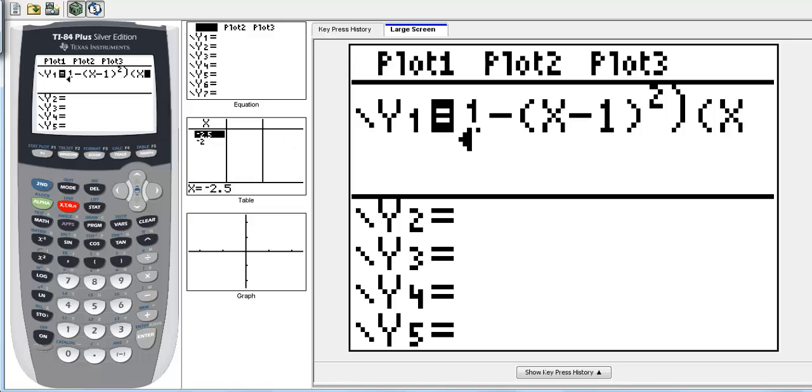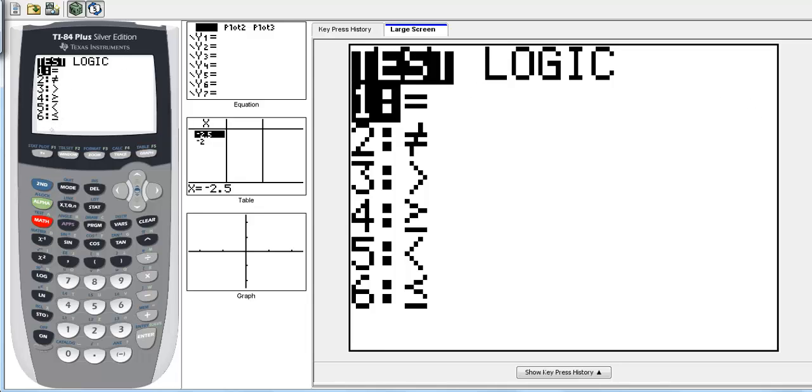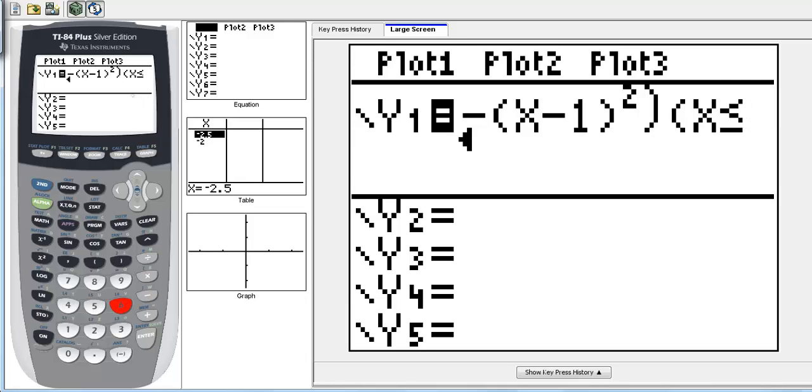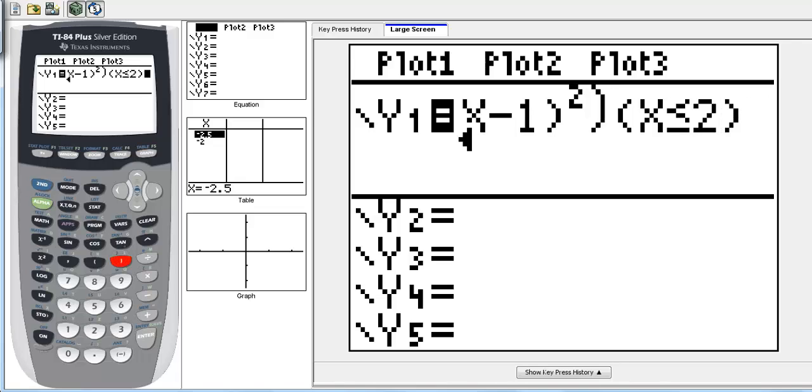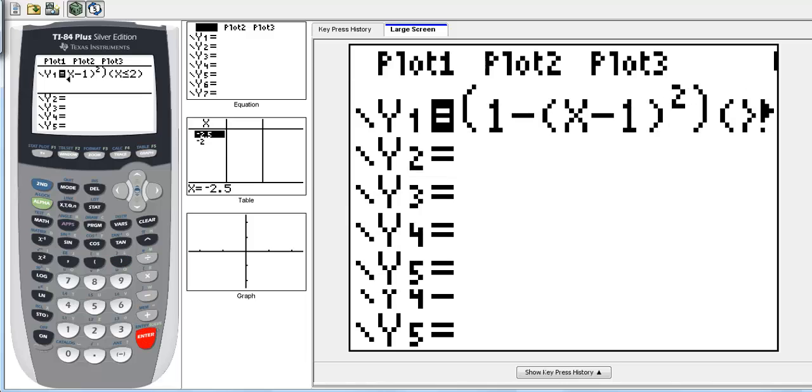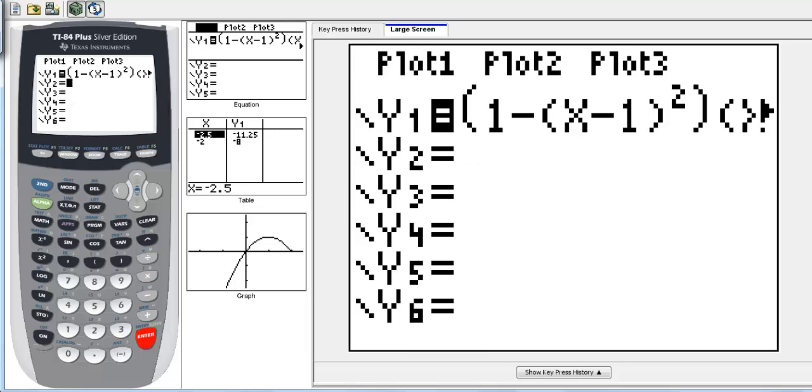Well, you're going to hit the second function button, and then the math key, which is activating this test. So second function, math. And down here for number 6, you see less than or equal to. So we get x is less than or equal to 2, and then we're going to close the parentheses. So there's y1, and if we hit enter, we go down to y2 and do the same process,